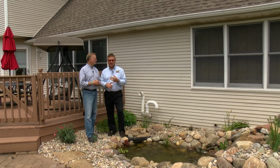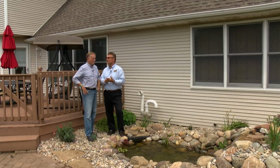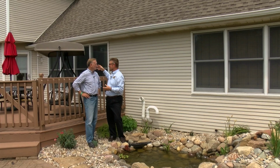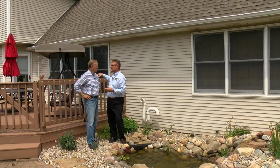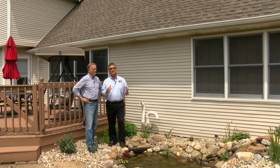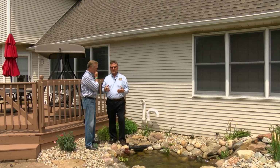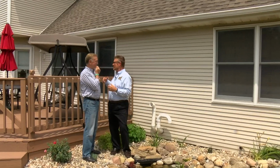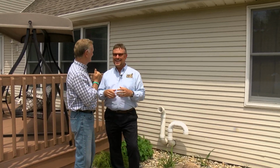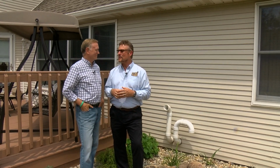Absolutely. The goal was to create a low-maintenance pond and waterfall that you could not only enjoy the view of from the deck here, but also hear and appreciate from inside. And what I promised them is that any of these windows in the back of the house, even the upper second floor there, if you just cracked the window a bit, you would be able to hear and enjoy the sounds of